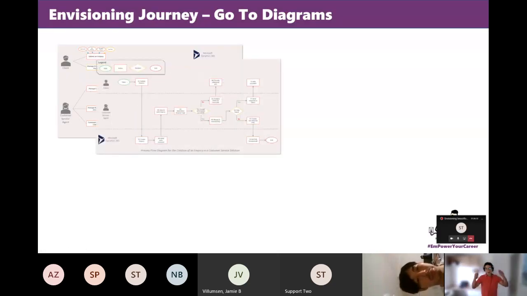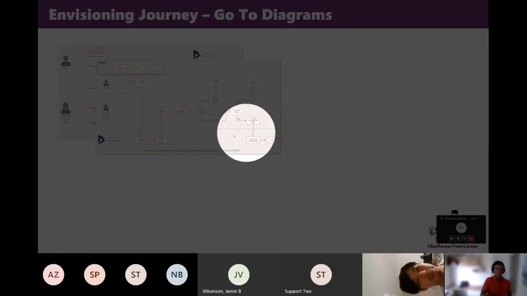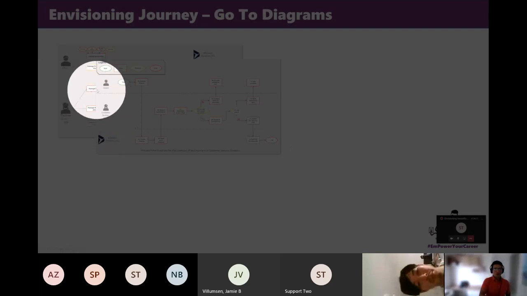This is typical old school business analysis almost, where from those use cases, sorry, I have